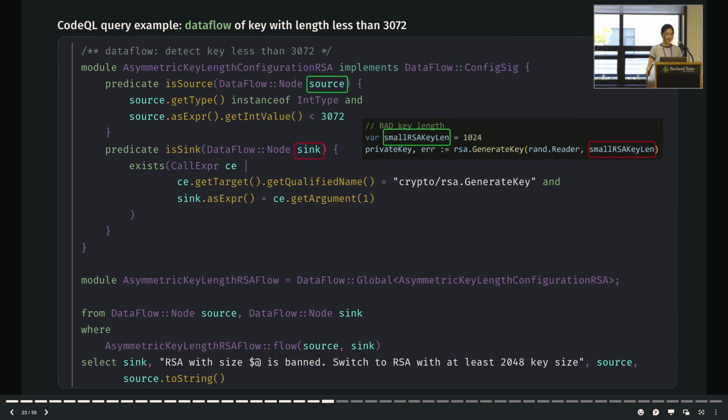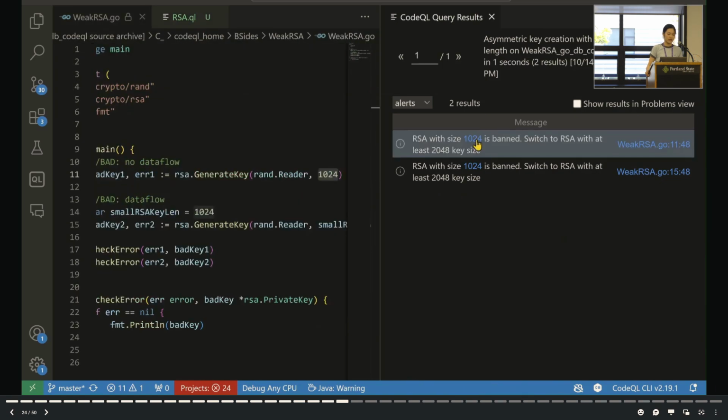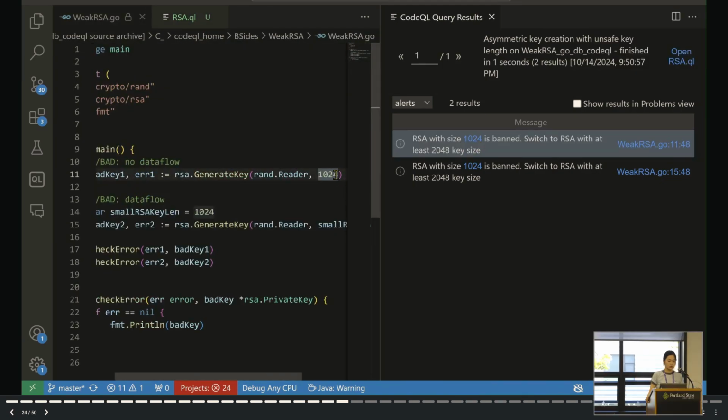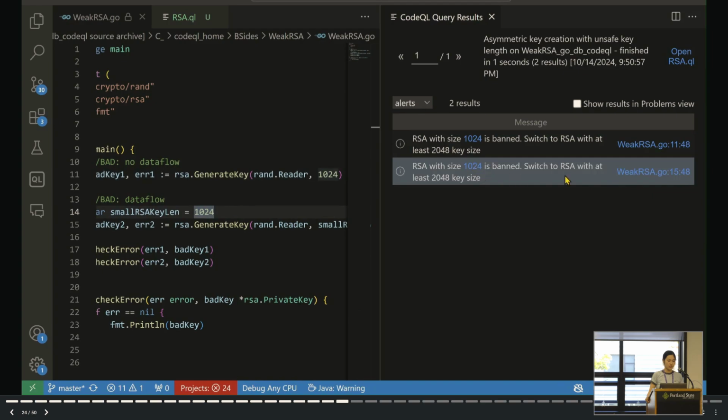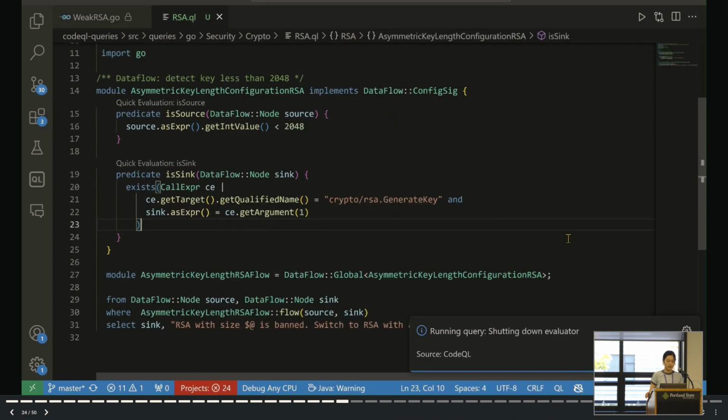The syntax might seem weird and not very intuitive. For example, you have 4 columns in the select statements instead of just 1, but don't be scared. That's just how CodeQL is written for showing both the sink and the source in the final alert. This is what you will get by running this query in VS Code. It will show you the bad source and the potential sinks of the source, and also the location info of these information in the file.